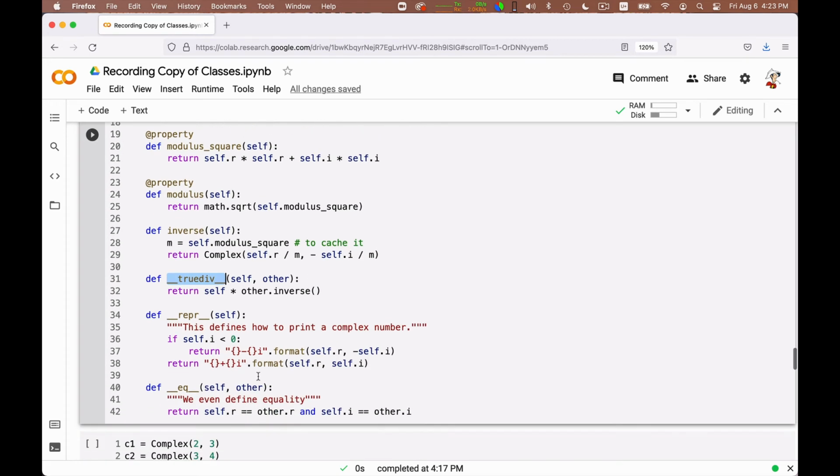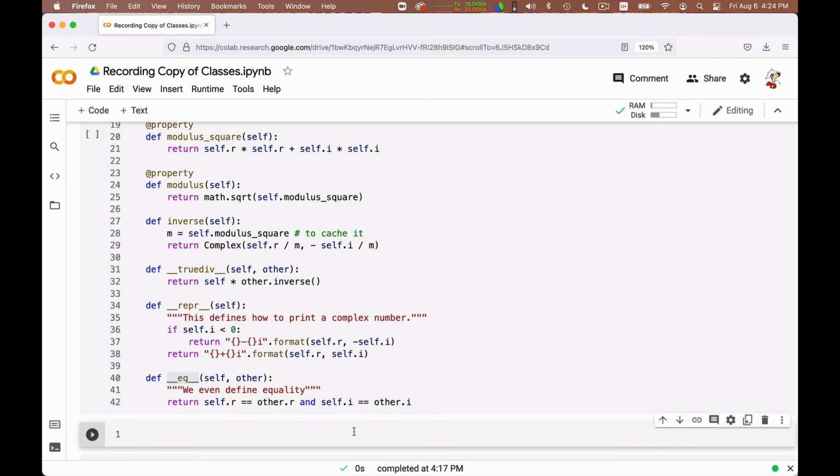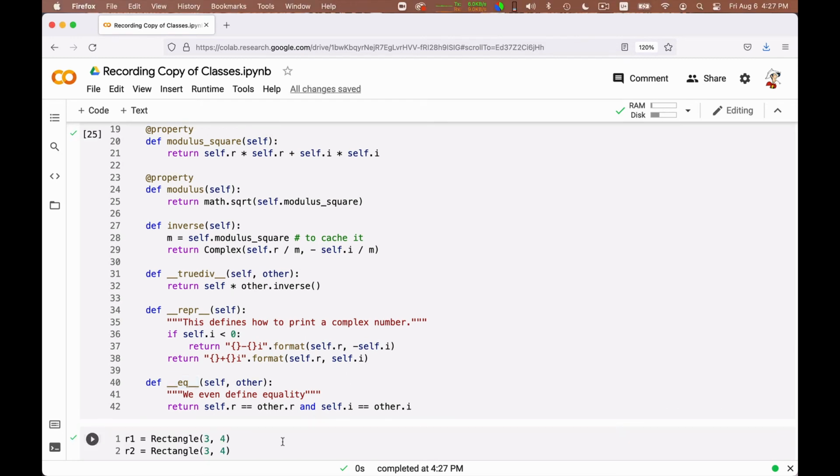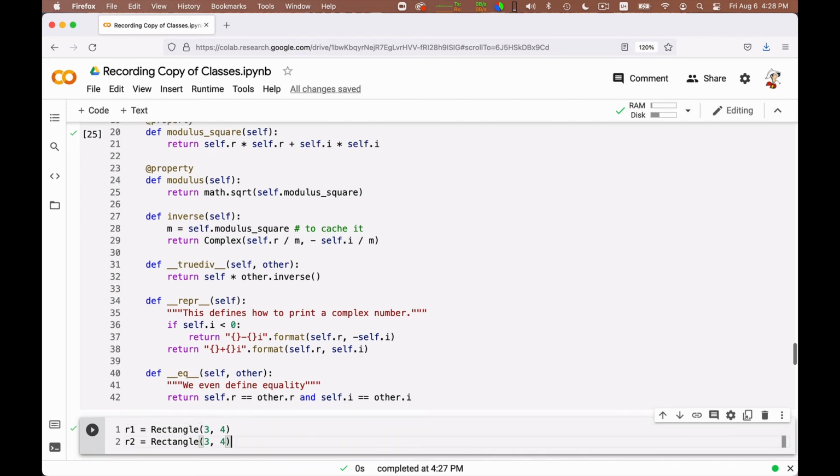You can also define equality. This is quite important. Normally Python, if you don't say anything, tells you that the two objects are equal only if they are the same object. Let me show you. So suppose I define two rectangles that happen to have actually the same size.